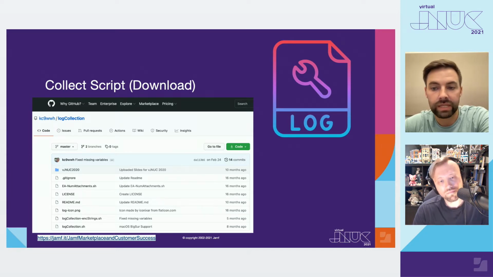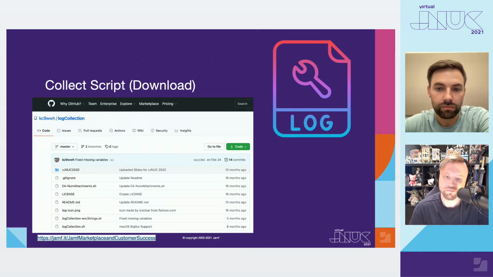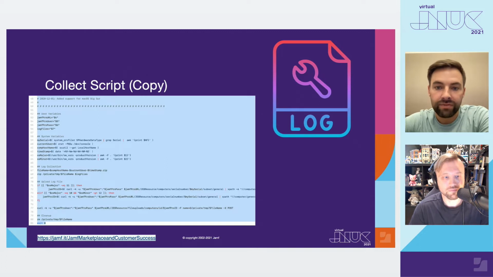In this example, the README indicates that we can select the log collection.sh shell script file to review the code that's needed before we upload it into Jamf Pro. So after selecting that, once you can see it, it will show you the code that will be executed. Again, this is a point where I recommend reviewing this to a level in which you're comfortable in understanding how the application will function. Once you have completed your review, we can select all of the text and copy the script for eventual placement into our Jamf Pro environment.